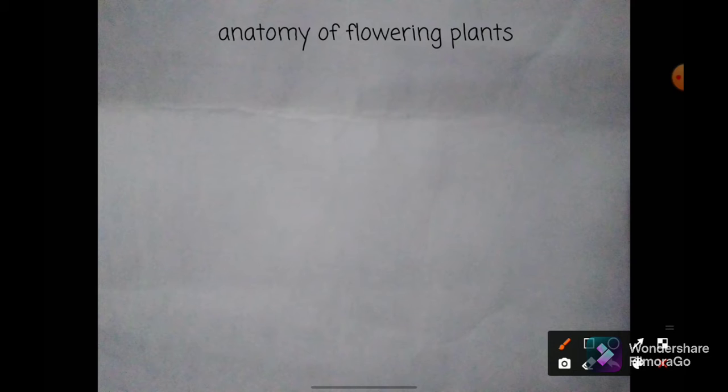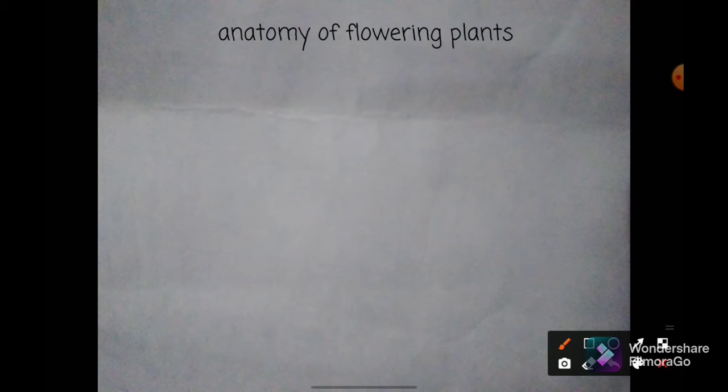Now we are going to study anatomical structures. Anatomical structures means the internal structure of that being. Up till now we had studied all the morphological structures, now we are going to study anatomical structures. Anatomy means the internal structures. For example, we'll take a hibiscus stem. We had studied how the hibiscus stem looks from outside. Now we are going to cut that hibiscus stem and see what the internal structures are, what it is made up of. So that is what anatomy is.